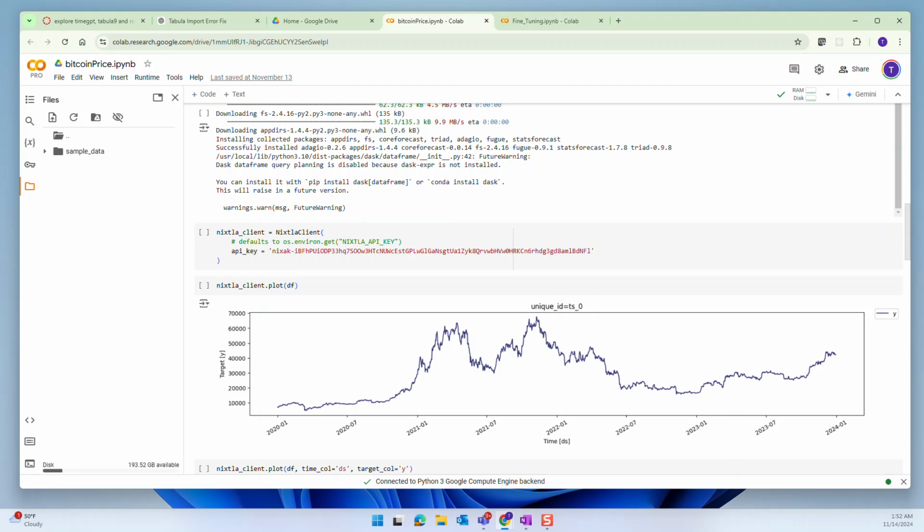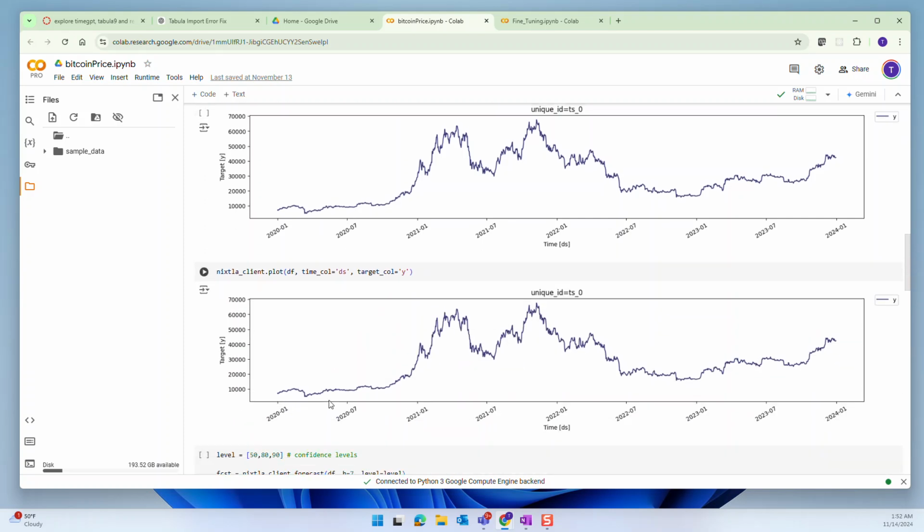Then the visualizing the data. So before it was just basically a good practice to visualize the data that we want to predict, which is here. Then integrating it